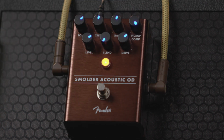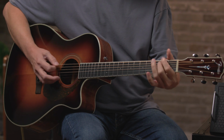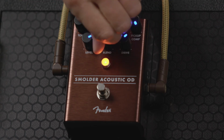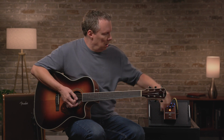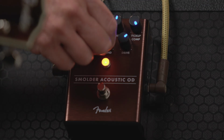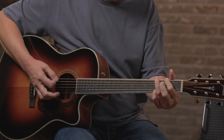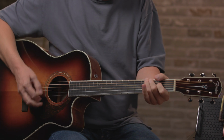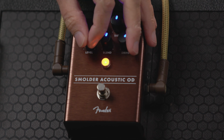So I can start from the totally straight sound. All the way distorted. Somewhere in the middle, I'll find a blend that I like. Maybe about halfway. So now I can just go from playing my straight acoustic